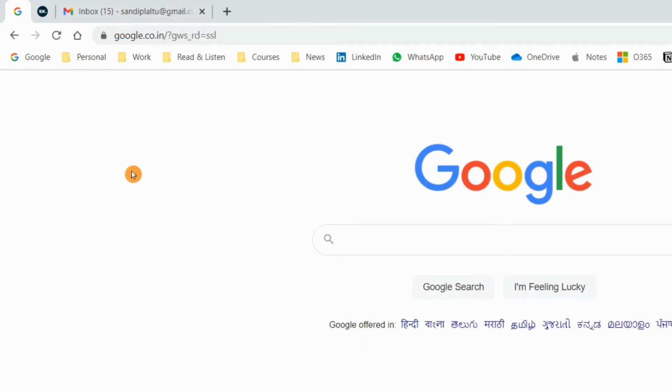So this is the way you can pin any of the tabs. It will help you to navigate between multiple tabs and also you will be able to accommodate multiple tabs in a single view of the window, considering the size of the tabs is reduced. So this is another very good feature I thought of sharing with all of you.